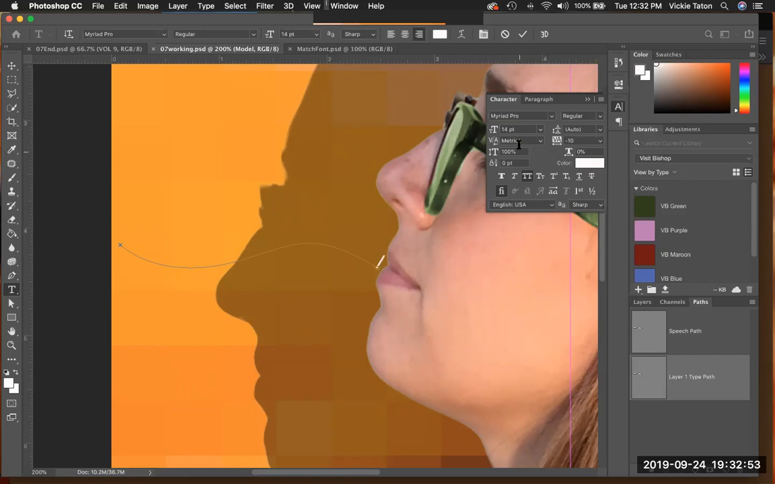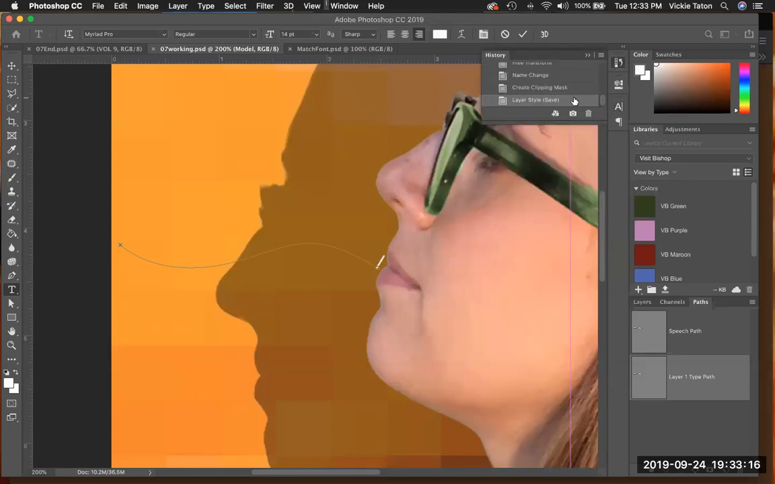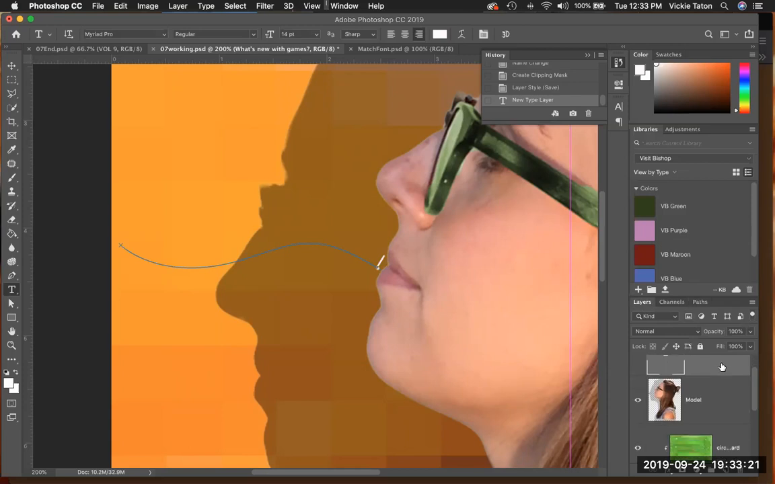Okay, what did I do wrong? I got 14 points. Auto, tracking, it's minus 10. Let me go back a step. Oh, I'm on the wrong one. Should be on the top. The only thing I can figure is that maybe